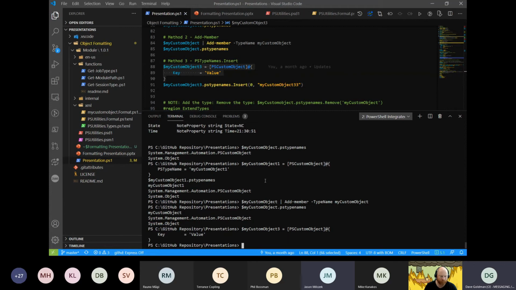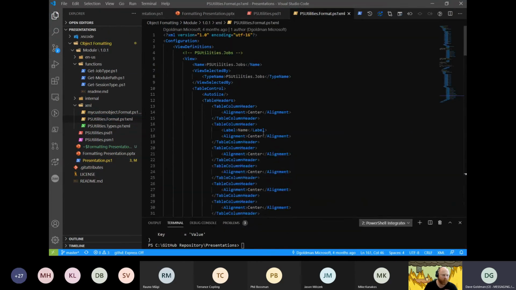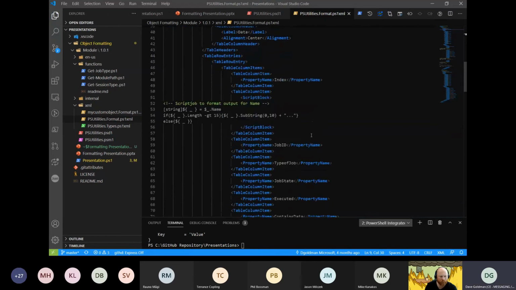Yeah, and you'll notice here, and I'll show you. I was going to show you this later on, but I'll show it to you now. In my custom project here, all of my custom objects are associated with that PS type name. So here I have one for PS utilities job, and then I could scroll down. You'll see that I have some custom code. This is a script block that I've basically added to say if the character length is greater than 15, display ...